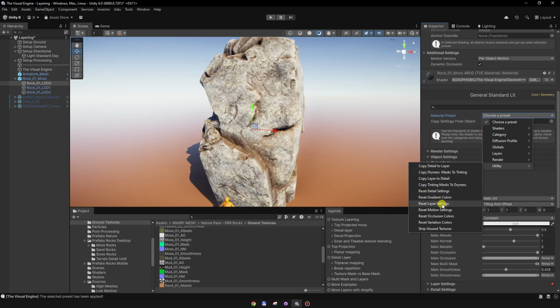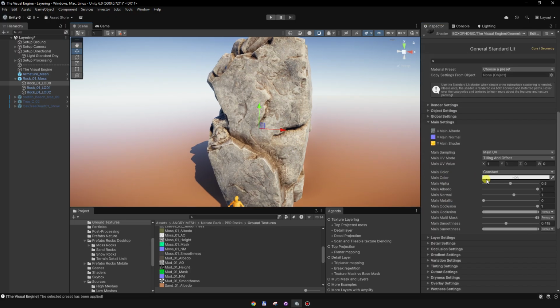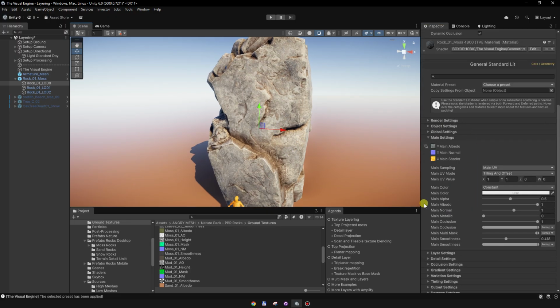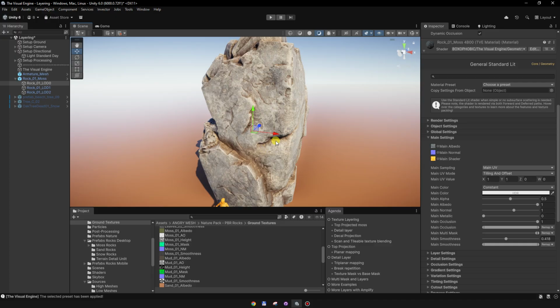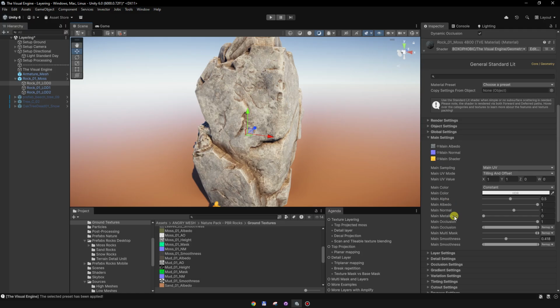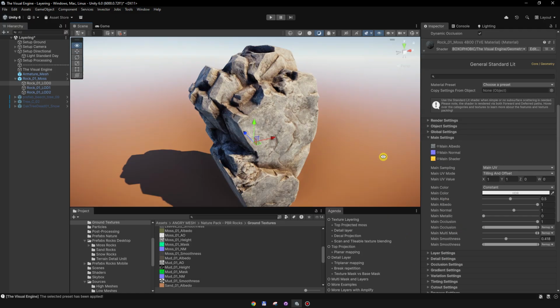So reset layer settings, and we are back to only the first layer. Okay, this is a rock from Angry Mesh PBR rocks. I simply converted it, and I want to add the